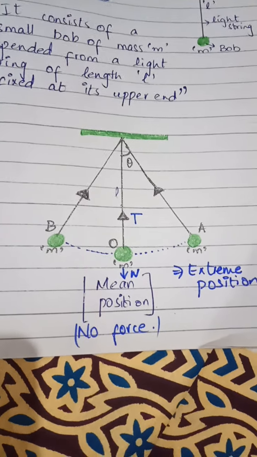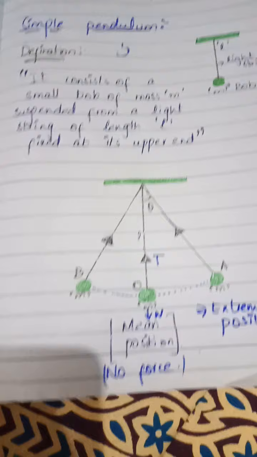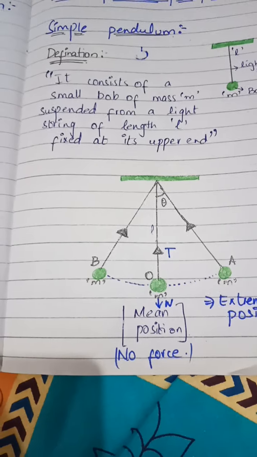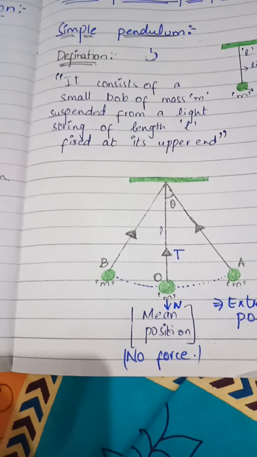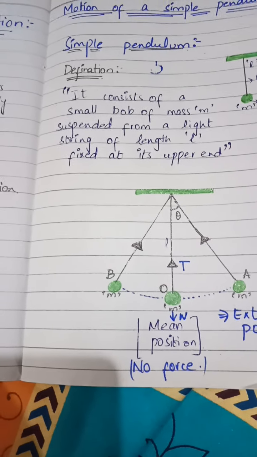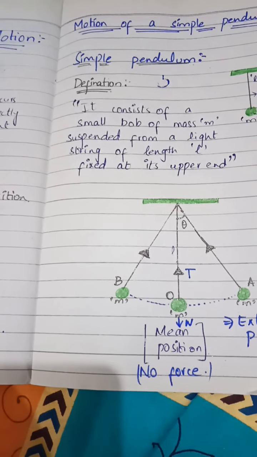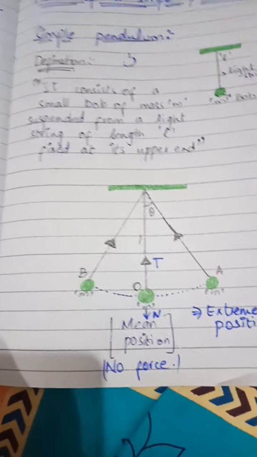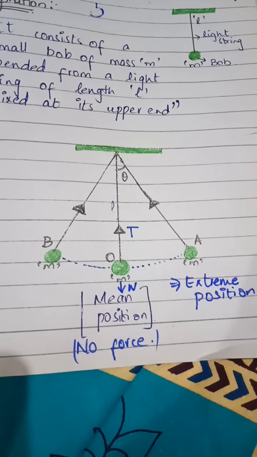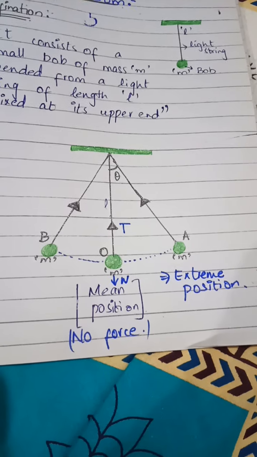What will happen over here? Now again, we have discussed in our previous lectures that there is a restoring force acting on a body that enables the body to oscillate around its mean position. In the case of motion of mass attached to a spring, the restoring force was the elastic potential stored inside the spring, which enables it to oscillate and move. In the case of ball and bowl movement, the restoring force was weight.